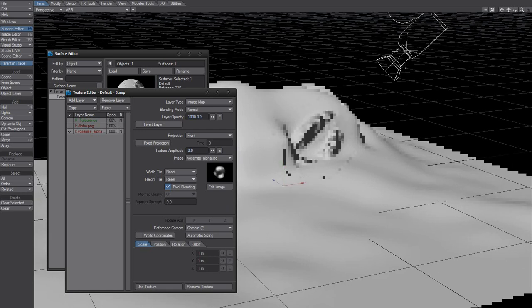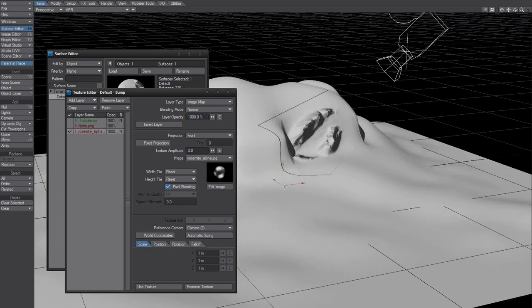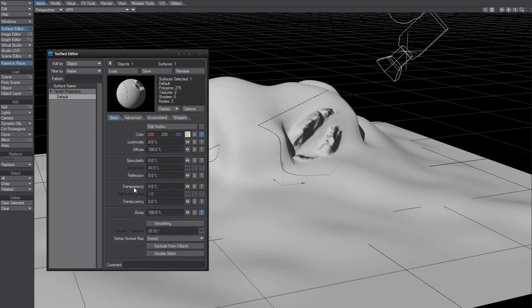So of course I could work more on this, but you get the idea that you could actually project a displacement map through a camera view. I would have liked for this camera to have another icon or something like that, but it's stuck to looking like a camera. So anyway,